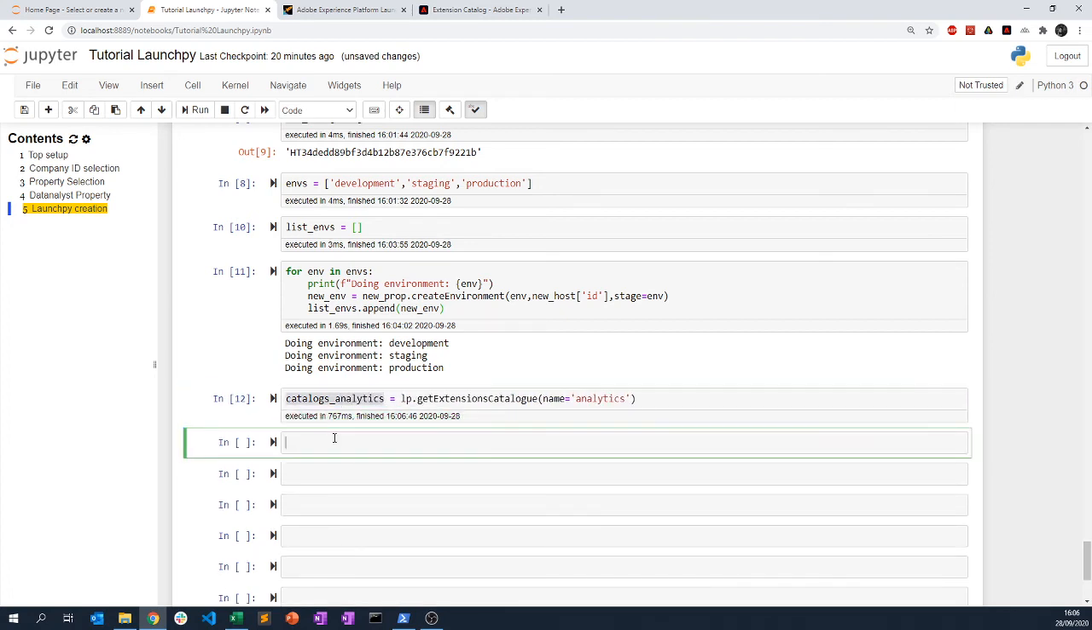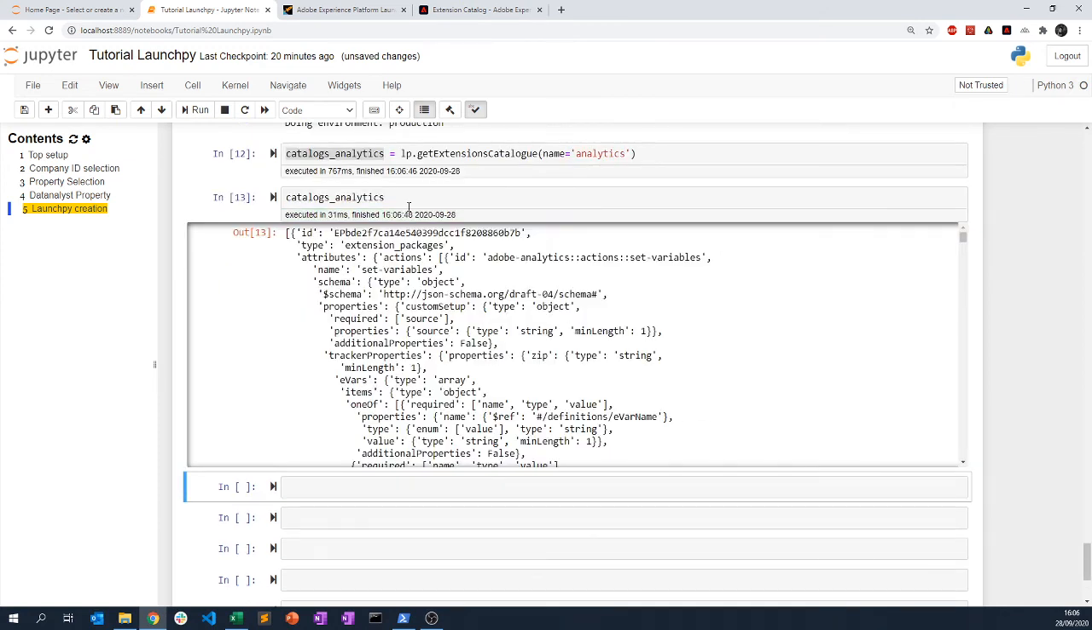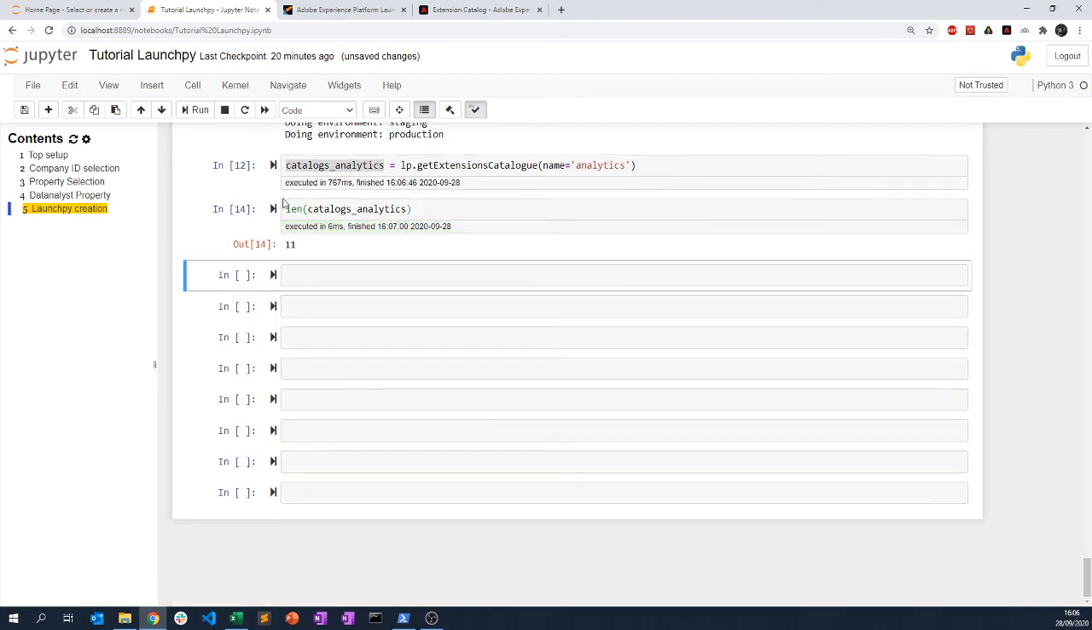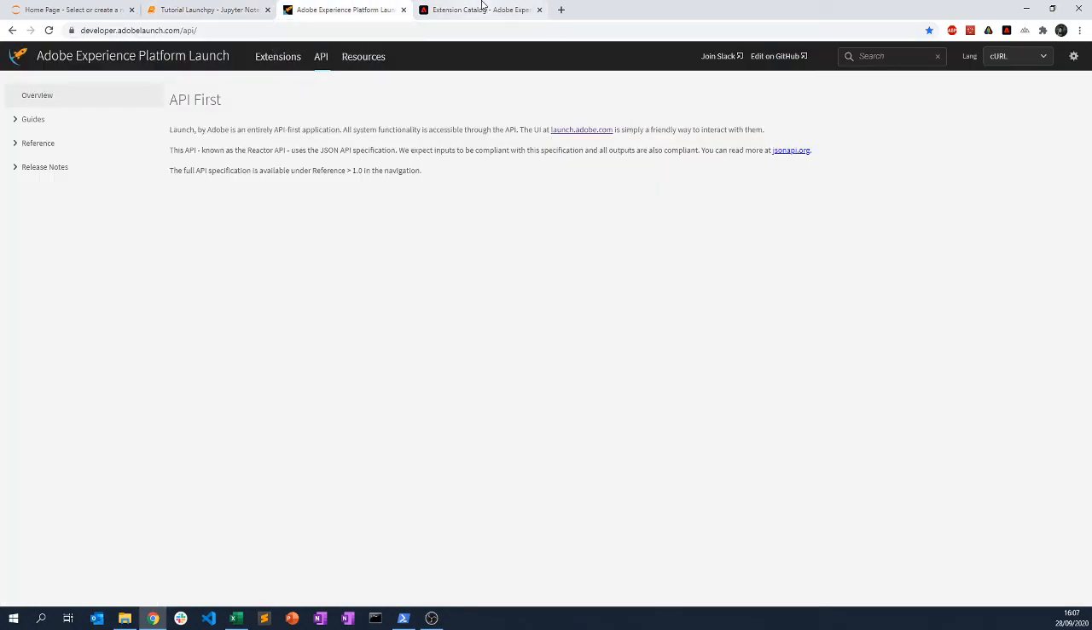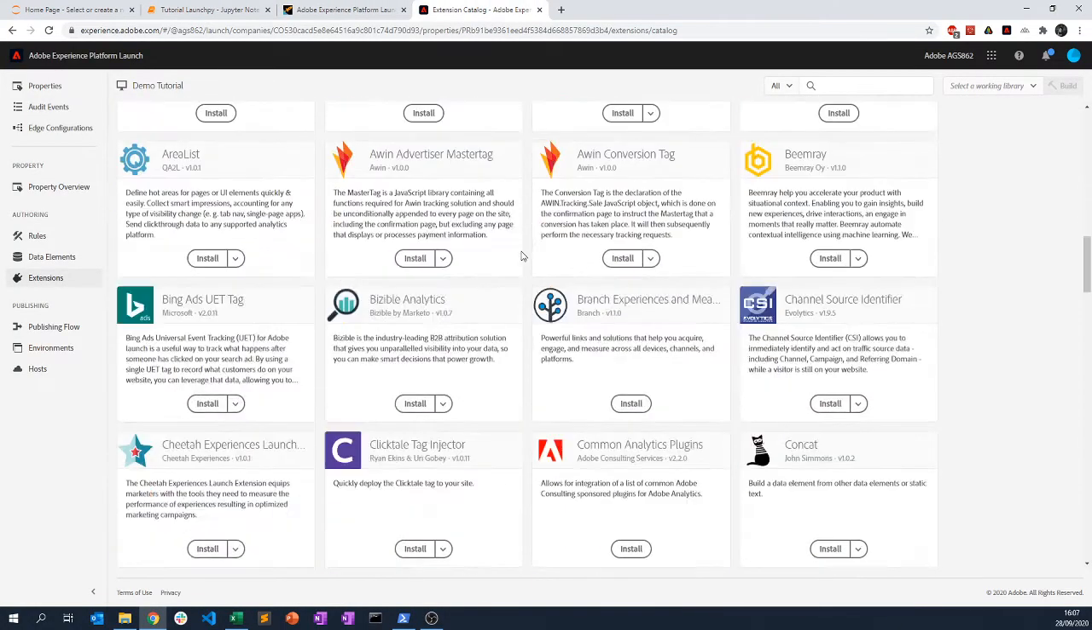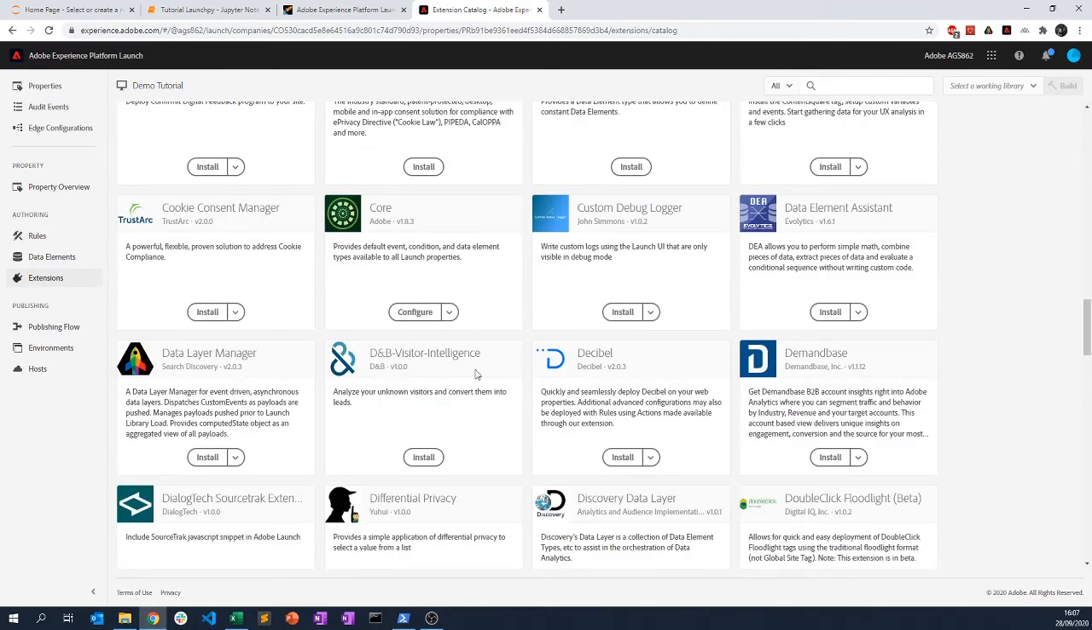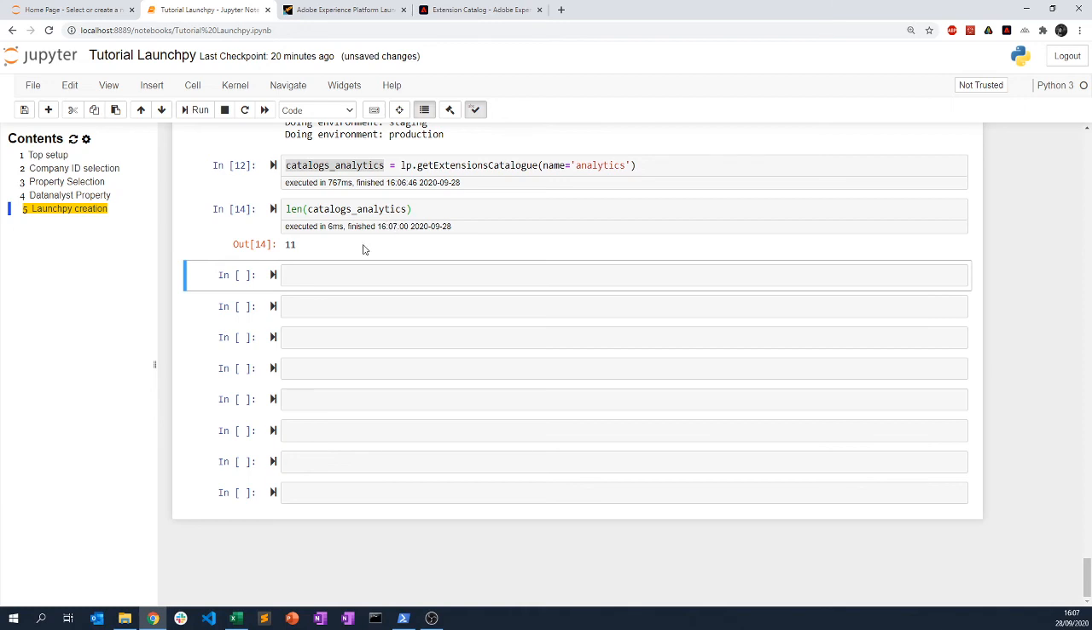So it returned me something, and now you see this is a list. It starts with this bracket, and you can see here the different elements. Let's see how many of them there are. Lens catalog analytics. There are 11. So obviously there has been some filtering happening, because you have more than 11 extensions available. So I definitely have done something